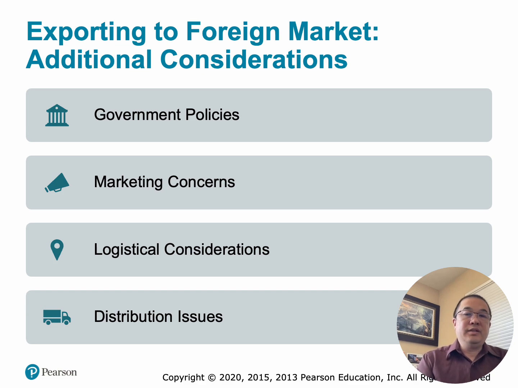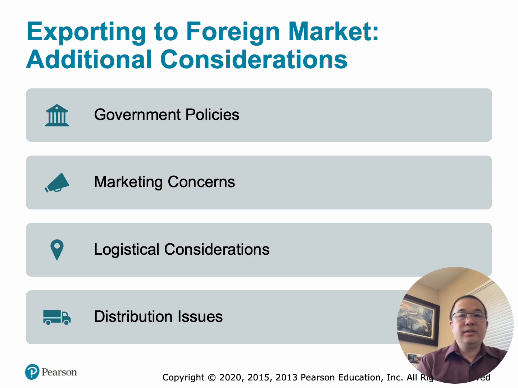Number three, logistical considerations. Logistics involves physically moving products from one country to another. Important considerations: transportation costs, shipping costs, customs clearance, warehousing, packaging requirements, and supply chain reliability. So as an example, a company exporting fresh fruit must ensure refrigerated transportation to maintain quality. The question for managers would be, can we deliver the product efficiently and cost effectively?